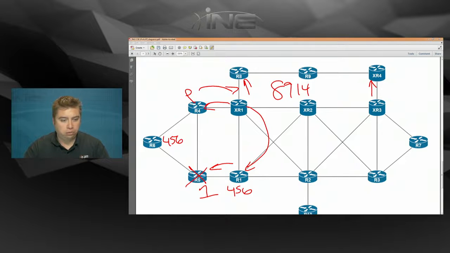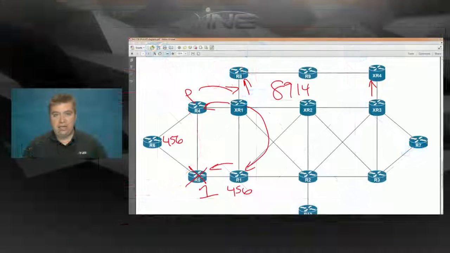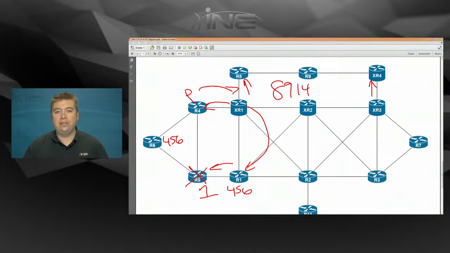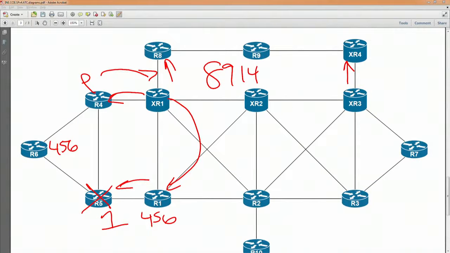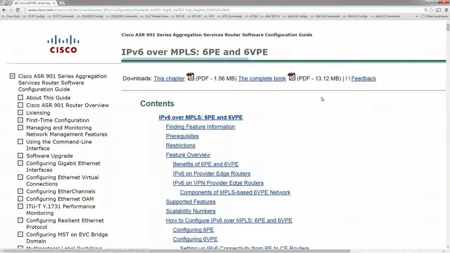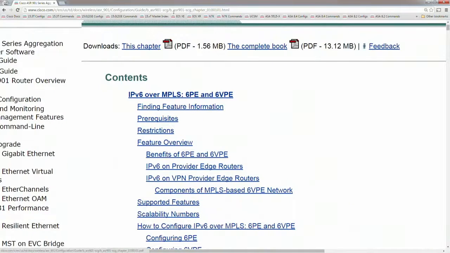There's another question here in terms of the relationship between 6PE and 6VPE versus VPN v6. 6VPE means VPN v6. 6PE means IPv6 unicast plus label. So we will talk about that in more detail later. In the meantime, if you want to get a head start on that, there's a section in the documentation that I would recommend to read through, which is IPv6 over MPLS, 6PE, and 6VPE. I'll go ahead and post the link here in the